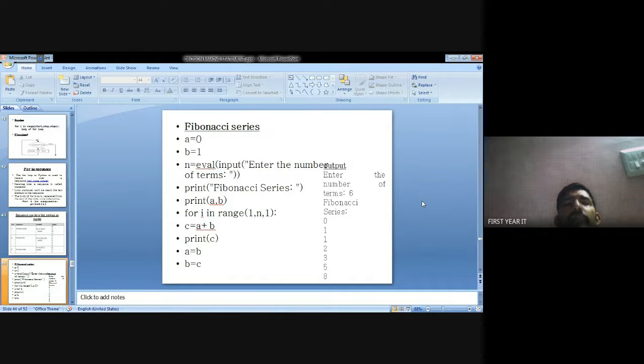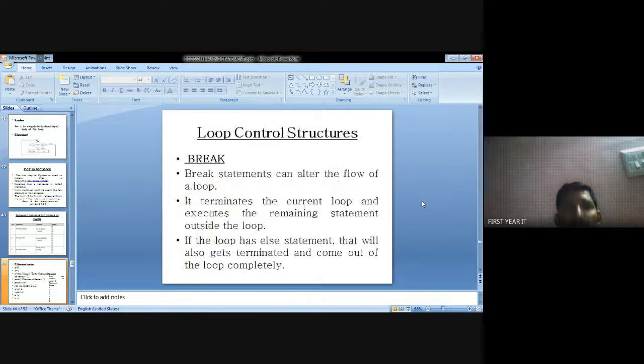Again, A value is 0 plus 1, so 1. Add the C values, 1 plus 1 is 2. Again the i value is 3, 4, 5, 6. 6 less than 6 means the condition is false. Go to execute and print the C values: 1, 2, 3, 5, 8. The statements were executed 5 times. This is the Fibonacci series.